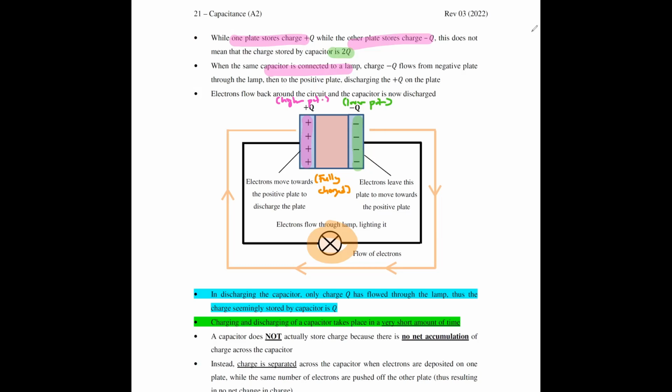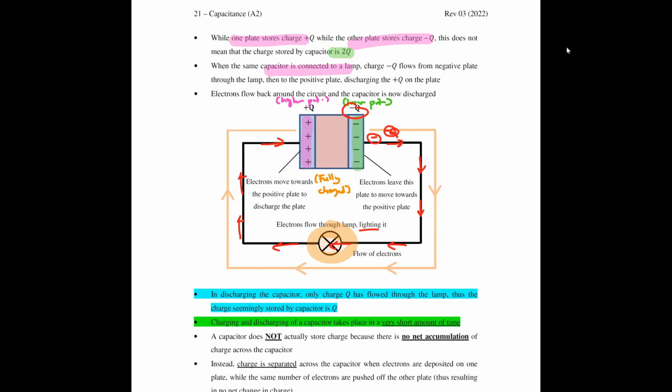So electron has a tendency to go from lower to higher potential. So in your case, you start to have an electron that is starting to move out of your negative plate towards the positive plate. So in the process of doing so, it will actually flow through your lamp, causing it to light up, causing it to dissipate power. So that electron continues flowing until it comes towards your positive plate and causes the plate to discharge. Because you have a -Q charge here, you can imagine that there's a -Q charge here that's being moved